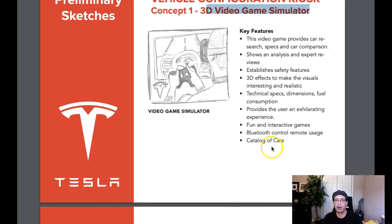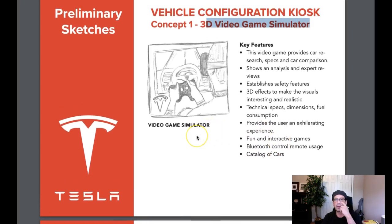So my question is, how does this work? Is this something that the viewer sits in? And it looks like there's a game controller here. So what's in front of it? Is it a TV? It looks like a VR set, but it also looks like a TV in front. So I'm not exactly specifically sure how this game simulator works. However, I do want to mention that